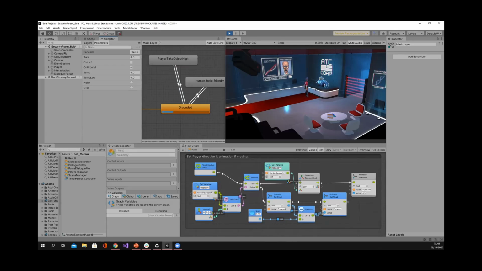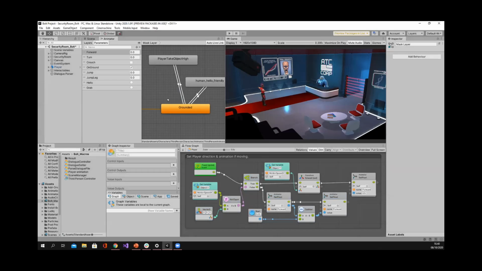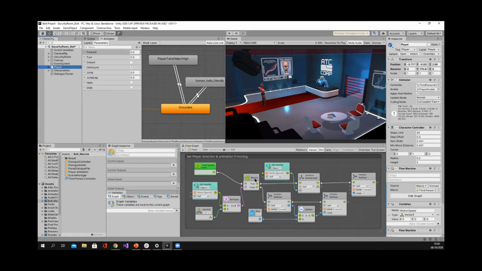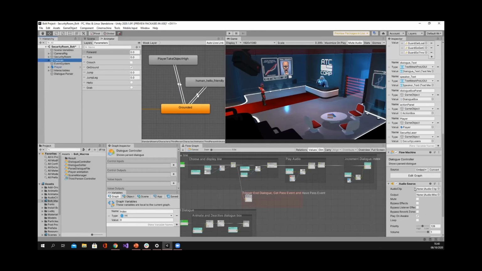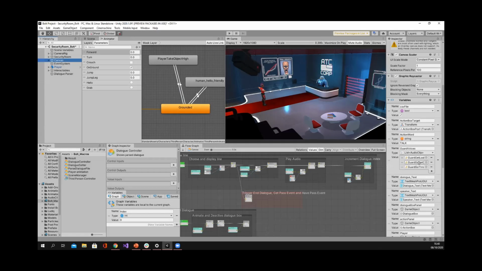Okay, so let's do this. Let's make it reach for the passcode once the dialogue is done. To do that, we are going to switch from the player that we were working on until now to the canvas. In the canvas here, I am using an embed because for now I need